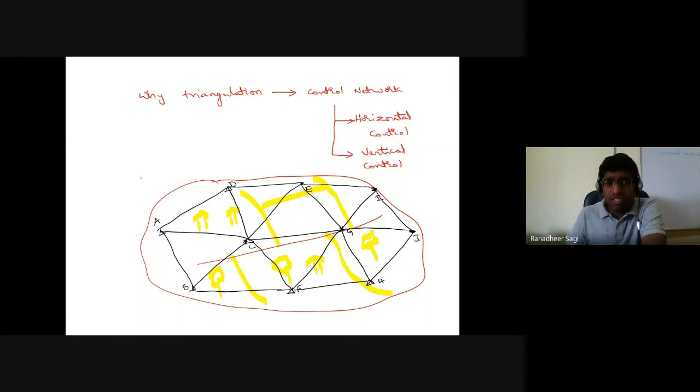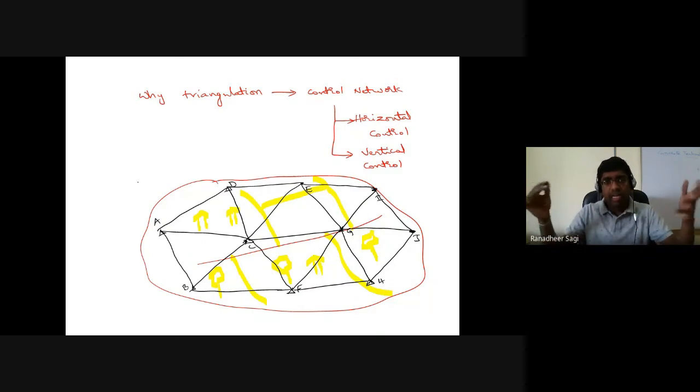The area in which you are trying to build this control network, or carry out your survey, may not be a small area, as I told you. Sometimes it could be in kilometers, sometimes in meters. So this triangulation technique doesn't mean it is applicable only for what are called geodetic surveys. A triangulation network is also suitable in the case of planar surveys. Planar surveys also confine to an area which is even in hundreds of meters, maybe some 500 meters in this direction, 1 kilometer in this direction.